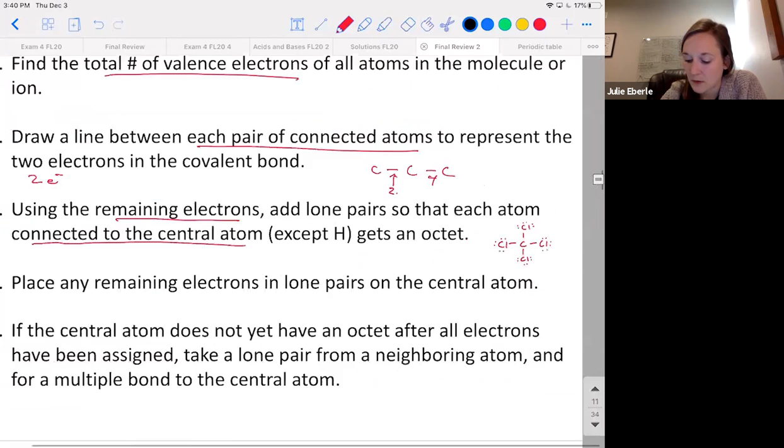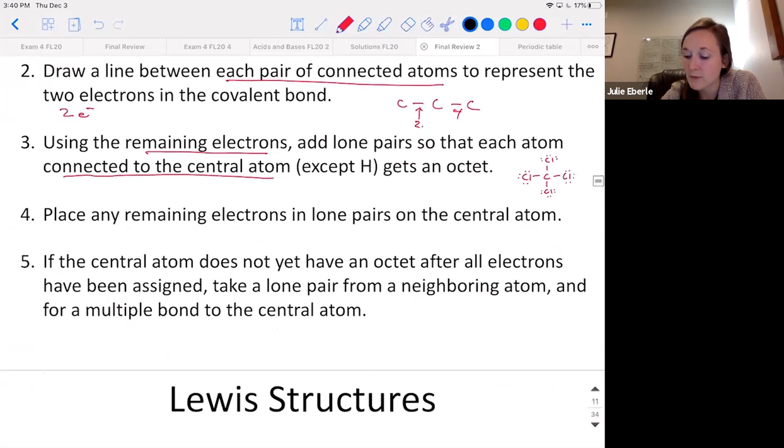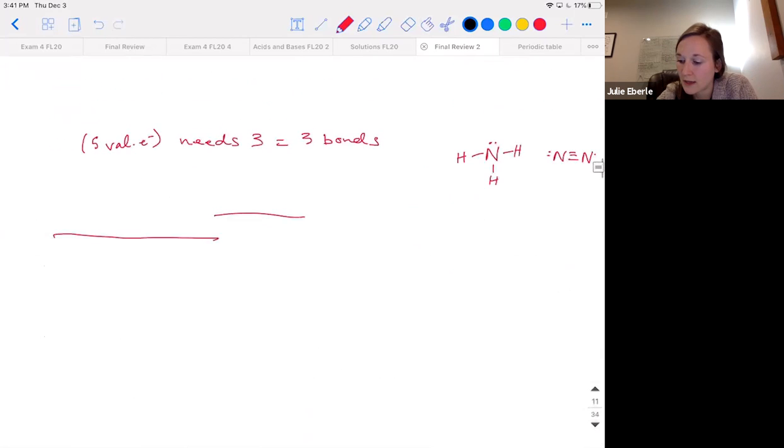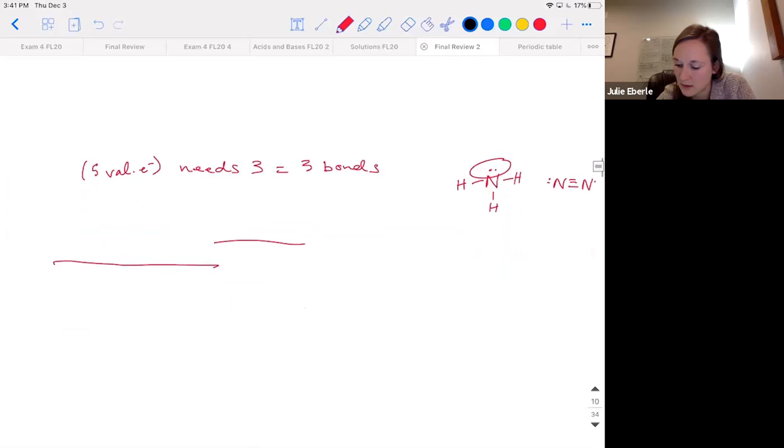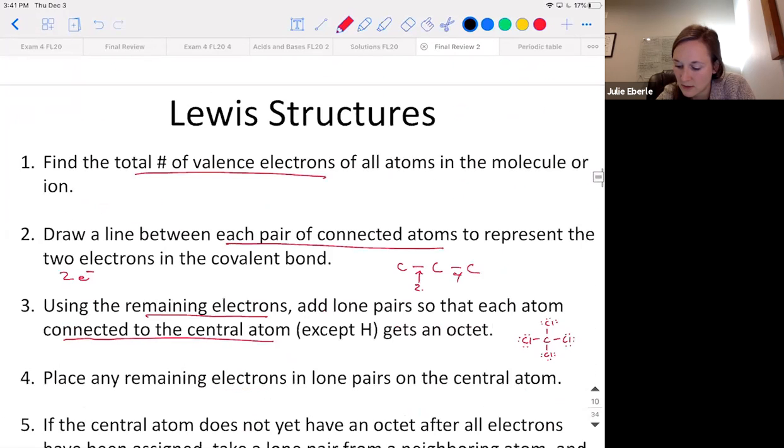4, place any remaining electrons in lone pairs on the central atom. That's where, like nitrogen, okay, ammonia, you would go back and you would put a lone pair on nitrogen in the end. What happened to my slides? Anyways,